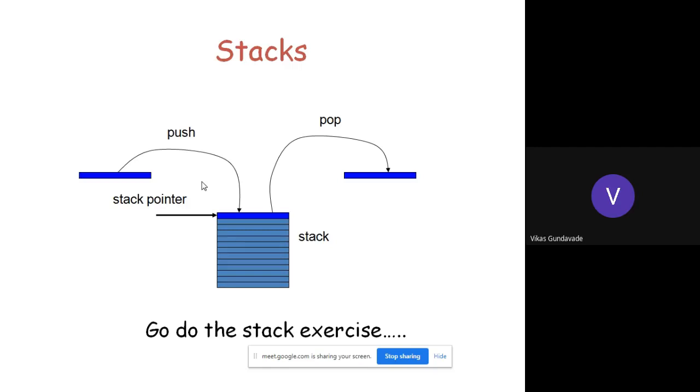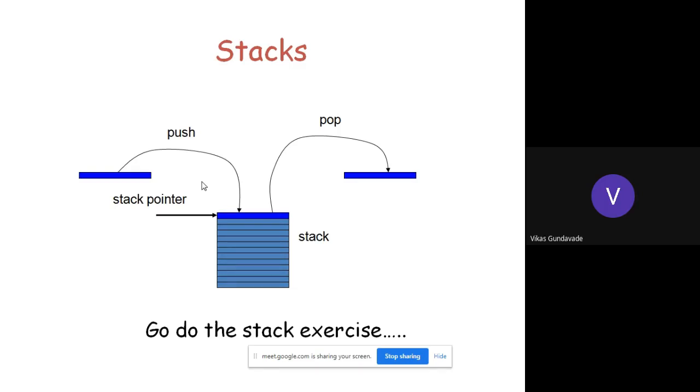Suppose the program counter needs to jump from the main program to another program, or the programmer needs to switch from one executing location to another memory executing location. Or similarly, suppose the programmer needs to store some data during the execution of the program for some time, then the programmer stores the data on the stack.